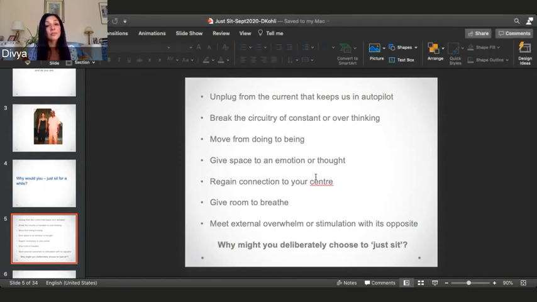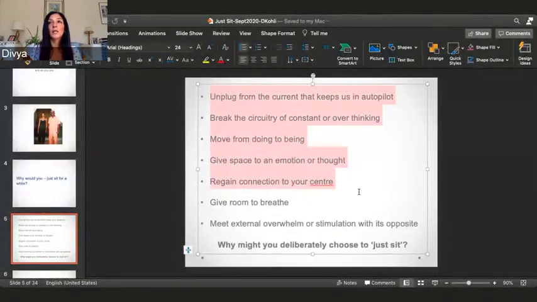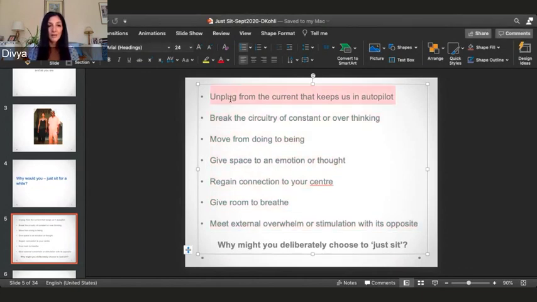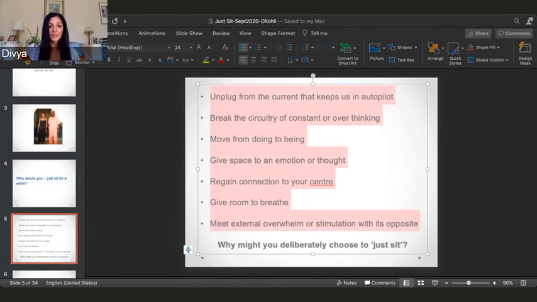To break the circuitry of constant overthinking. Okay, so again, these are things totally universal. It's all very well sitting here and telling ourselves, yeah, I get lost in my thoughts, I think a lot, I'm an overthinker. And I think people who are even drawn to these kinds of practices, mind-body practices, we tend to be overthinkers already. And so then when you ask us to pause, it's like, so it's to just give a little break